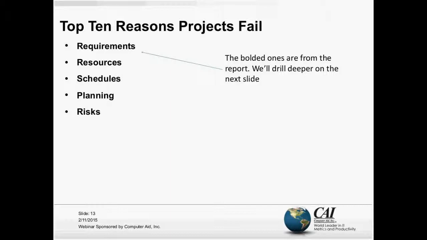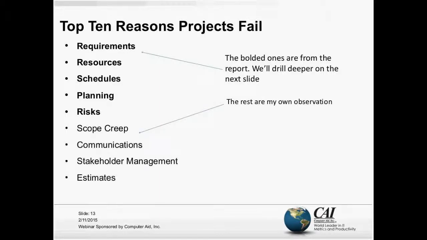And then risk management. Every project, unless you have an extremely well understood product, has risk. I worked at a manufacturing facility that had very low risk simply because their product was well understood and they did the same thing all the time. What if you have a research and development product? How well are your risks understood? Not to mention some of these larger projects. So you need to understand where your risks are. Now, the next 5 are my own observations. I'm going to drill deeper on the top 5 in a minute.